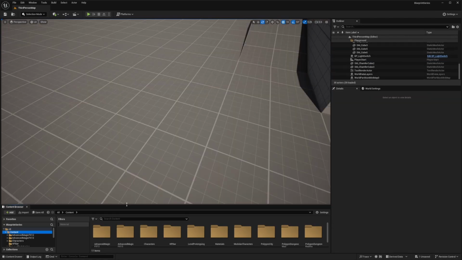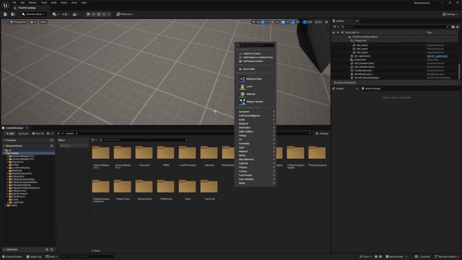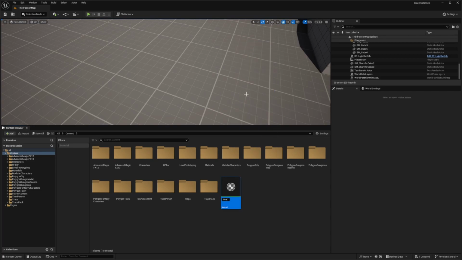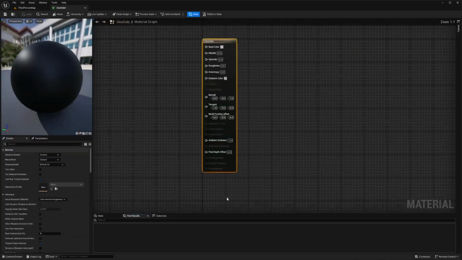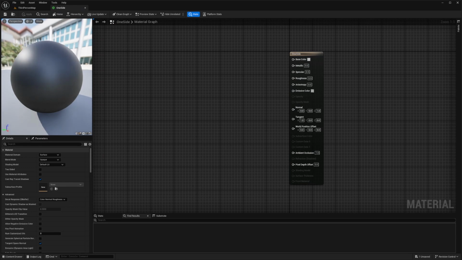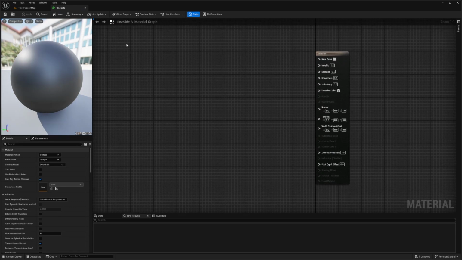Let's get started. So what you're going to do is in your content folder, right click, create a material. I'll just call this one side. And I'll open this up to open up the material editor. And now we want to make sure to apply material only to the world position of whatever object we